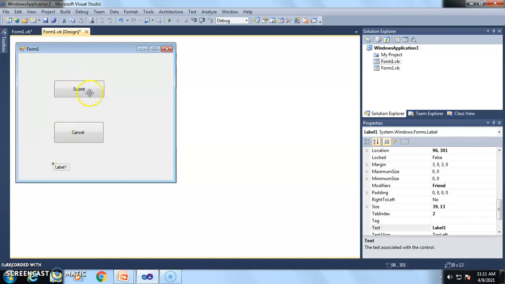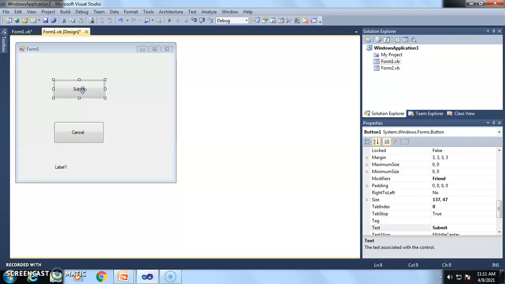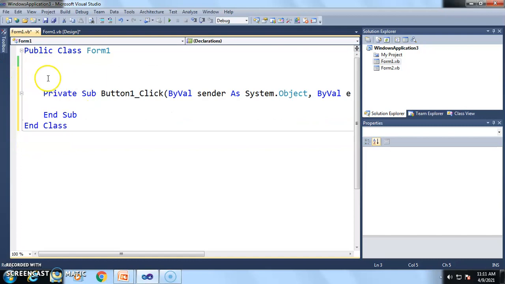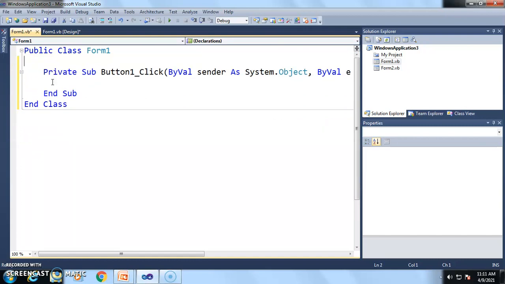Now we first click the submit button. We display the message, the submit button is clicked, using the label control. So we write the message in label control.